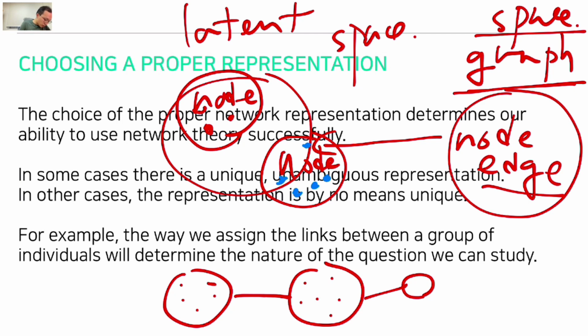But when you see the location in the graph space, it could be something like this. So we try to learn